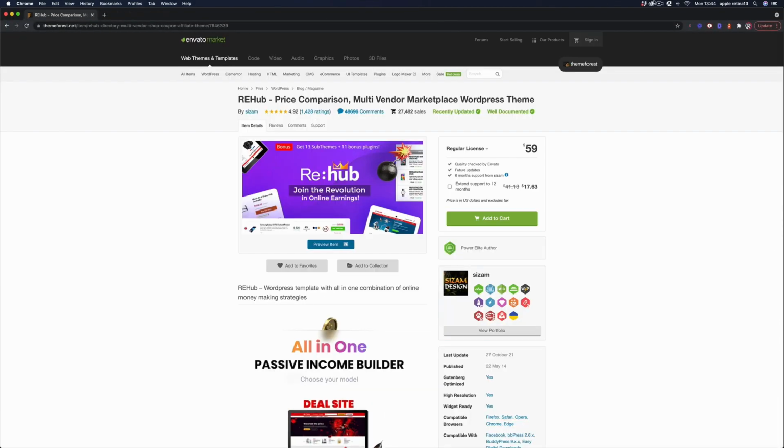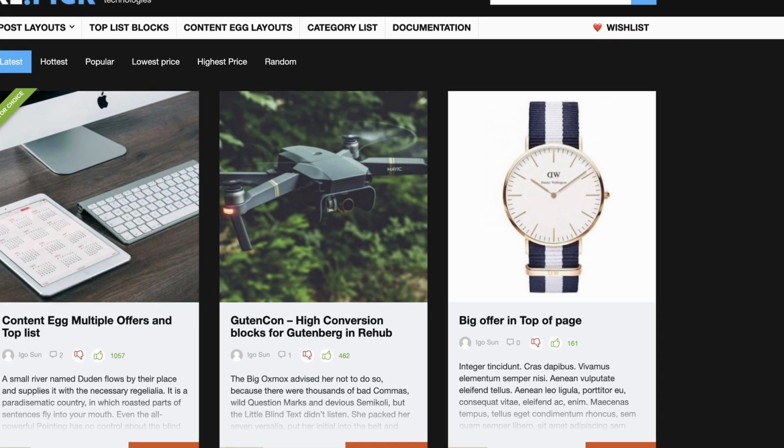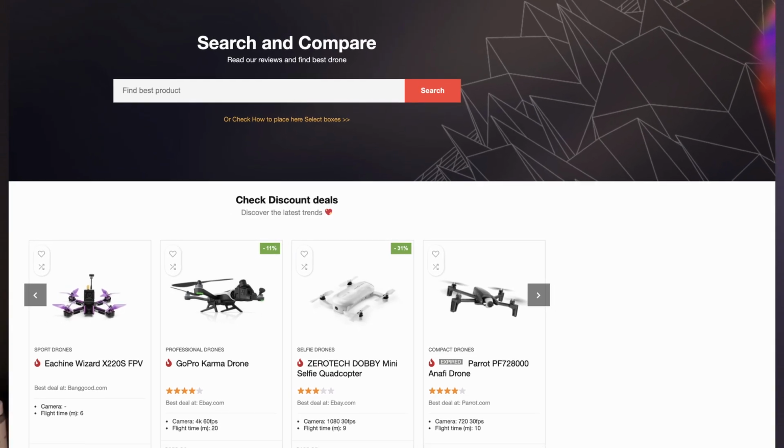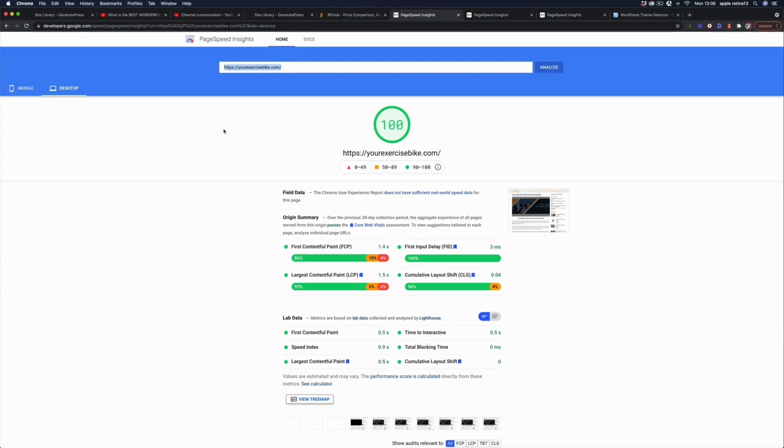This theme really does let the content speak for itself, and I can't say how important that is when it comes to a theme. It's pretty simple to use, so you can just drop things like featured images in. One thing that is a little bit of a negative when it comes to ReHub is that it is a little bit of a cookie cutter style theme, in the sense that you're not going to have the most unique looking website, but you are going to have a very nice looking website, and it hits those core